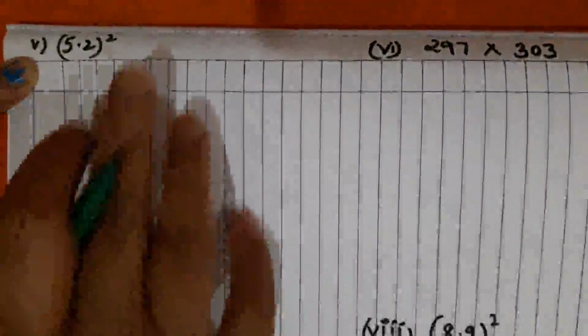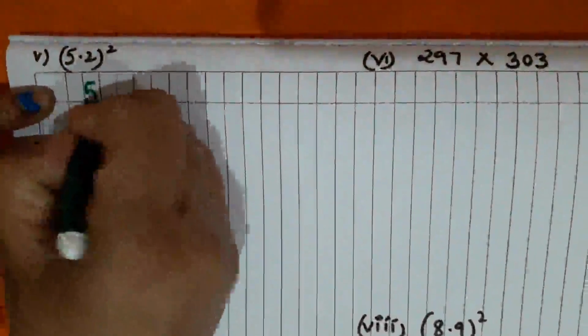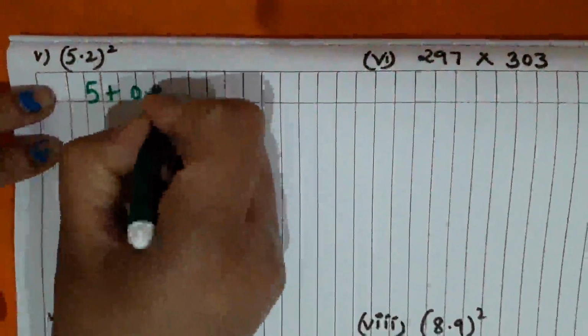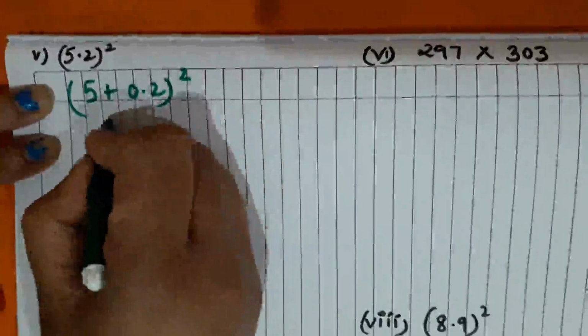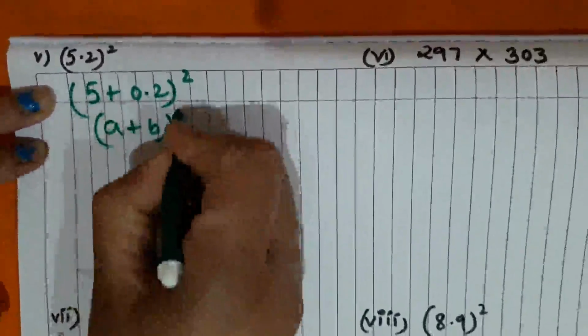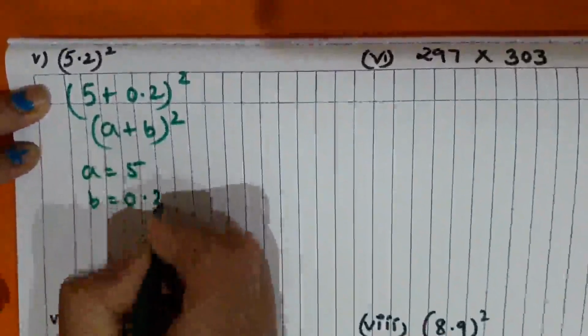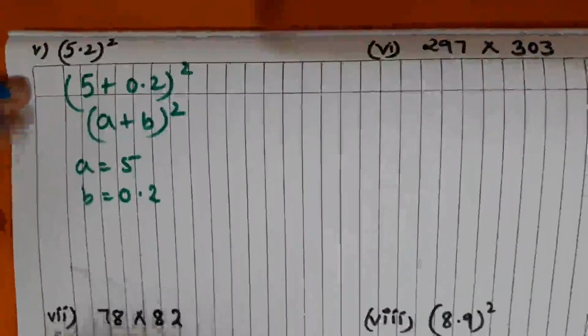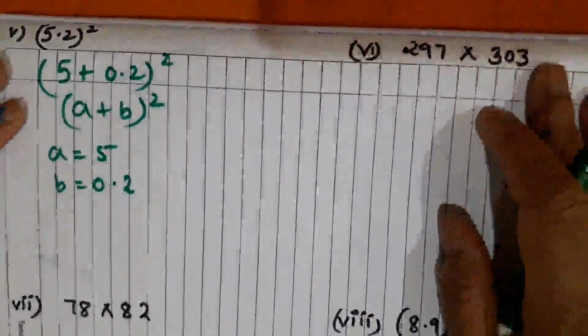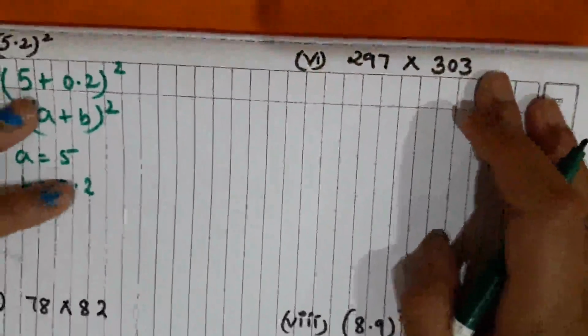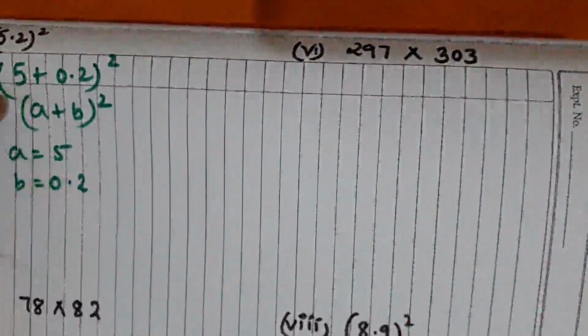Okay. Now how can we write 5.2? You can write (5 plus 0.2) whole square. So (a plus b) whole square, in this formula you can use. A is 5 here, b is 0.2 here. Okay, put these values inside the formula, you will definitely get the answer. I am not solving fully because you simply have to put in the identity. Now next is